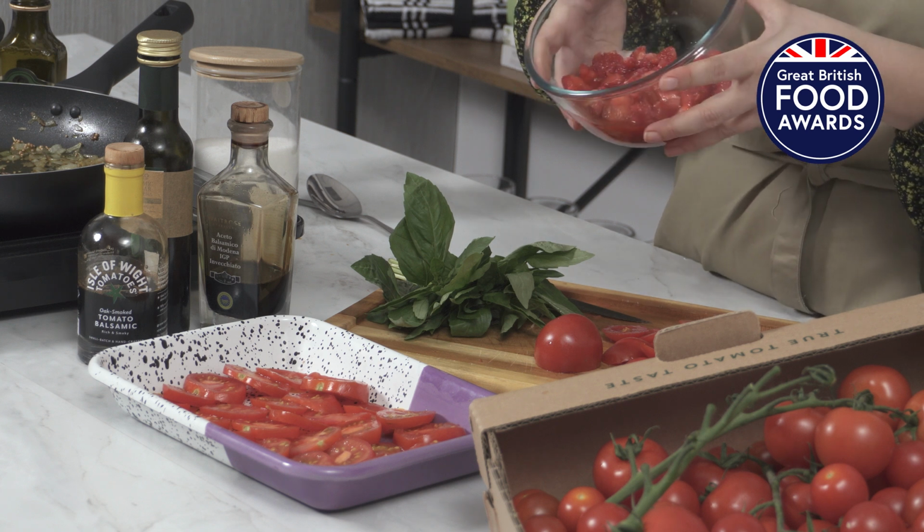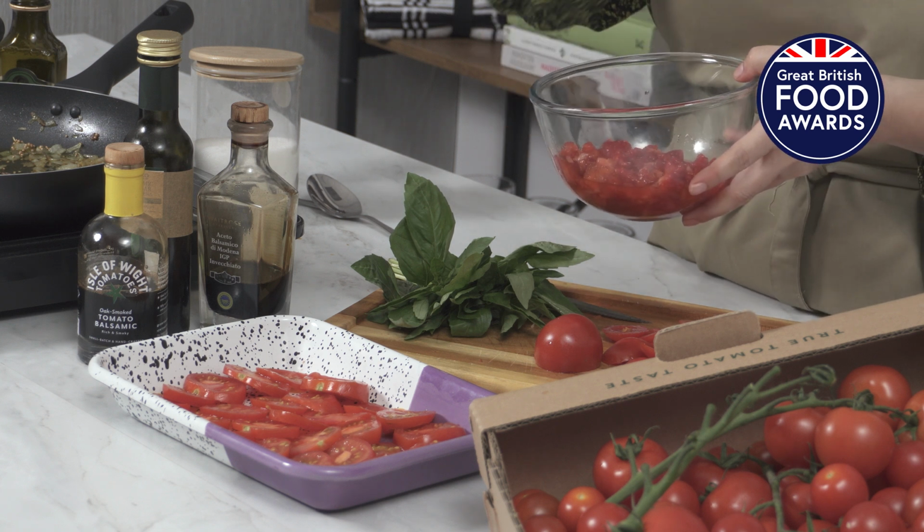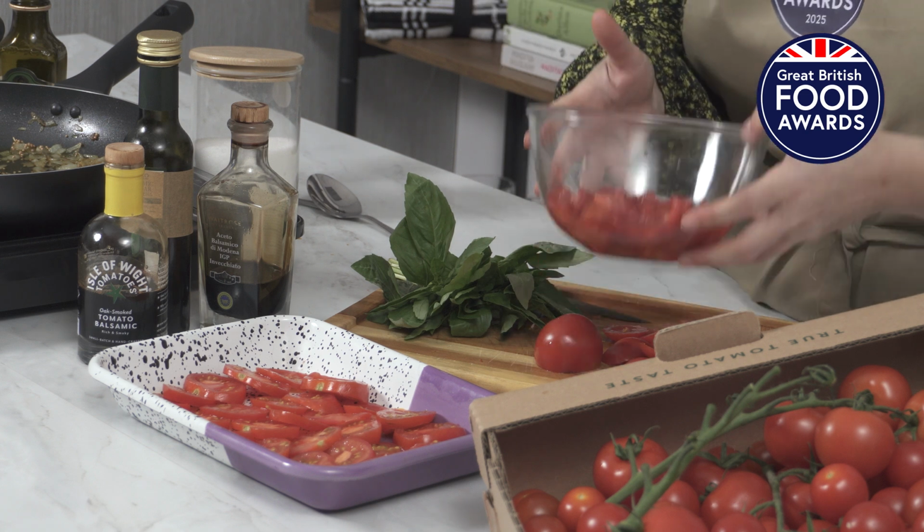You can scale it up. So I've got about 300 grams of strawberries here, which I've chopped up very roughly, because you kind of want to retain some of the integrity of them. What I'm going to add to that is some balsamic vinegar, and I want to talk about a really interesting one here